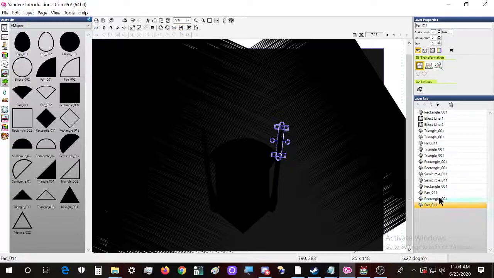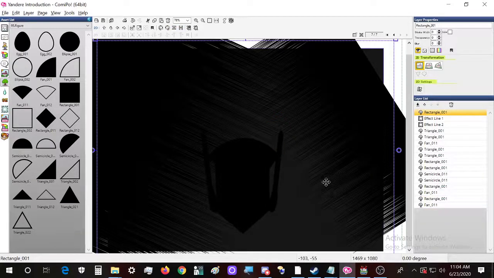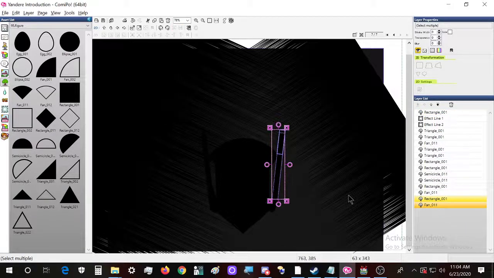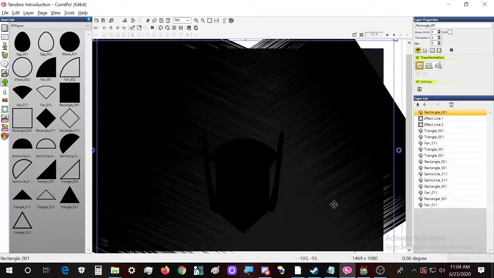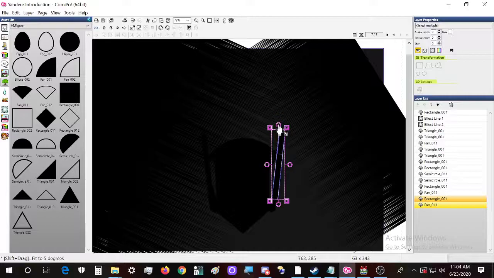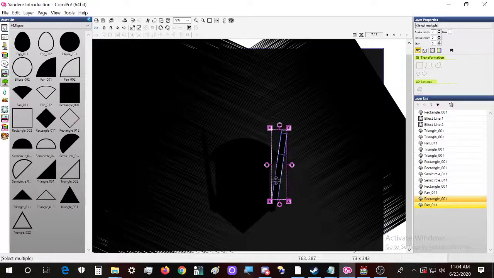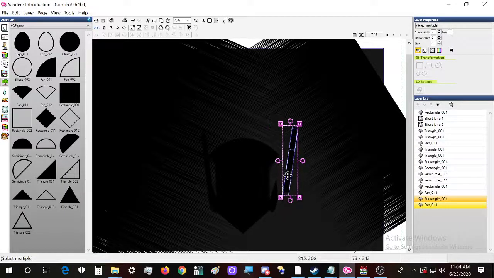Nope. Select them both. Nope. A bit down. A bit more angled. And they should look like some elven ears. Now of course the elven ears don't start from there.